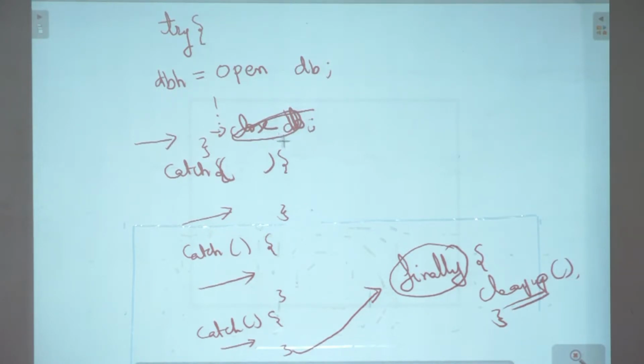So this closing of database can be added here. You don't have to add it anywhere else. You can just add it in finally. And that makes your life very simple, because you can keep it in finally and only one place. That's it. Because what Java is saying, if you write a finally block, whether I execute normally, that there is